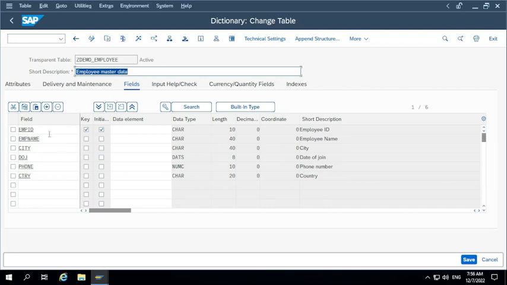Changing primary keys. Can we remove this employee ID as primary key? You already made it a primary key and created some data. Is it possible to remove employee ID as primary key? Can we make it a normal key? Yes, you can make employee ID a normal key and make another field the primary key. But in that case, whatever records were created in the table, in some cases, depending on the data, you are going to lose data. Data records will be deleted